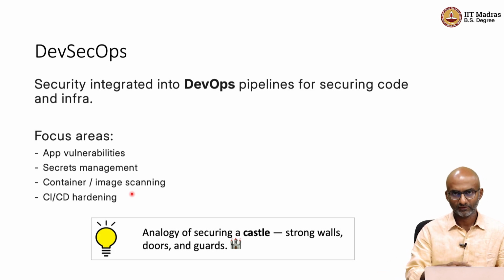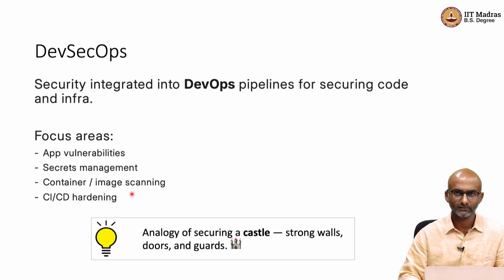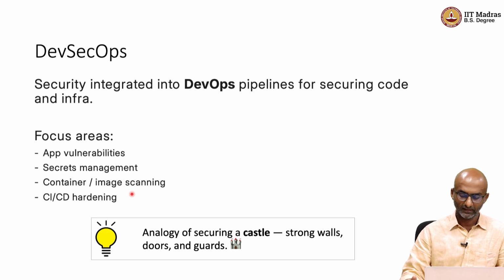So that brings us to this particular branch within DevOps, a topic that's of interest within DevOps, which is called DevSecOps, which is Development Security Operations, however you want to call it. So that's pertaining to the integration of security related topics into the DevOps pipeline. And this is mainly to work with securing the code, the software itself, and securing the infrastructure that runs the